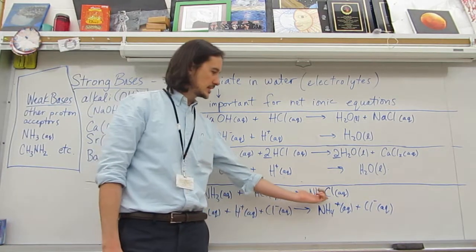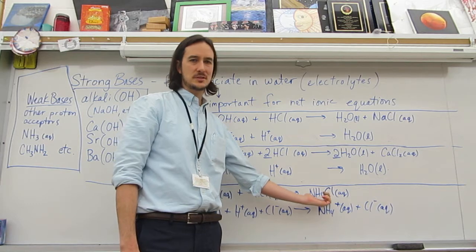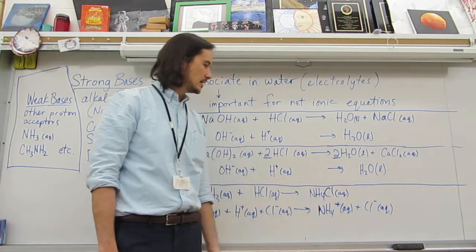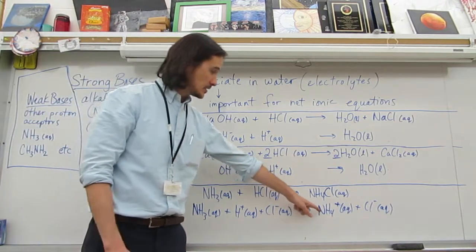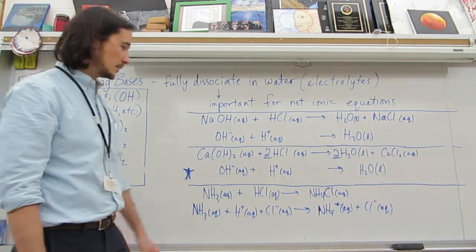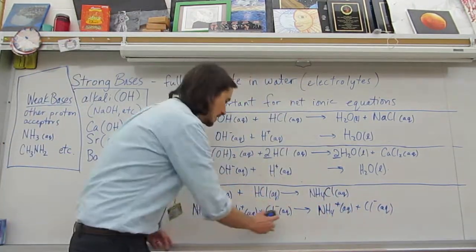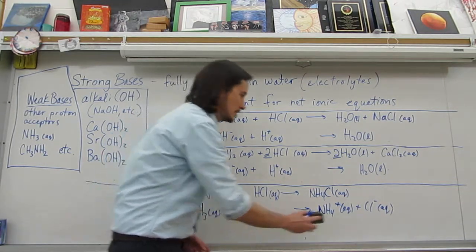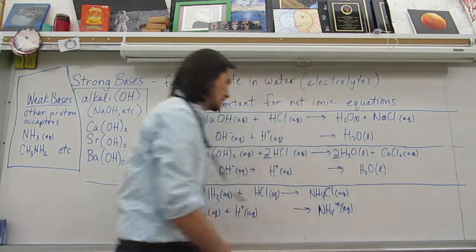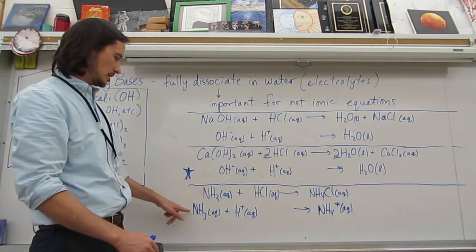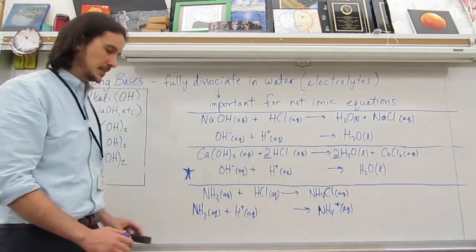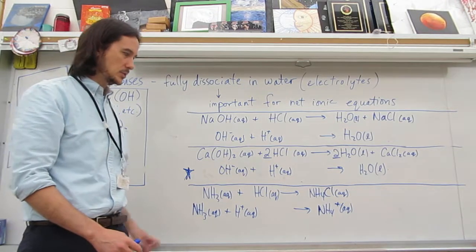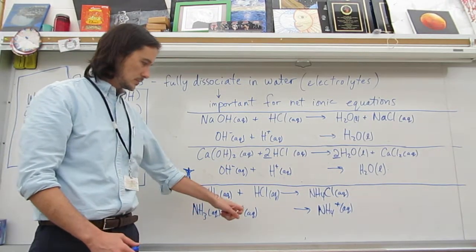You really do want to write things that don't have charges on either side, so make sure you correct that. When you dissociate it, you get ammonium and chloride. Now we get rid of spectator ions, and we get that. We get ammonia plus a proton gives us ammonium. That's your net ionic equation for a weak base plus